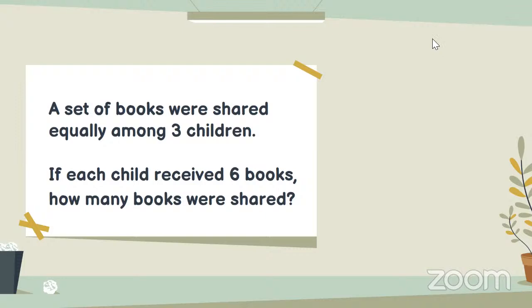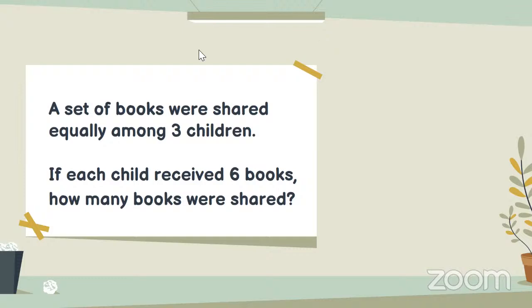But the question says here, a set of books were shared equally among 3 children. If each child received 6 books, how many books were shared? So here it is, we have a question such as this. And again, I do encourage you to put your responses to the question in the chat. And already I am seeing a response coming my way. So right away, I'm seeing 18, that 18 books were shared, right? Now,